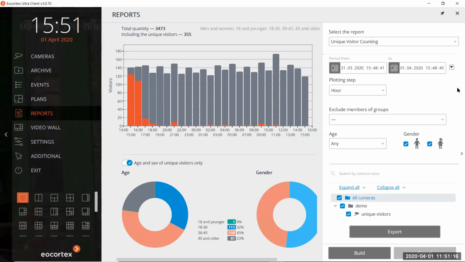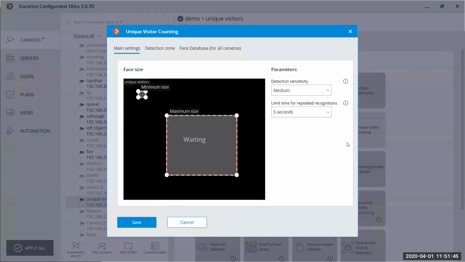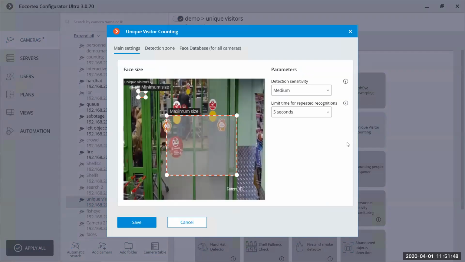So they can better understand the number of visitors of this site during the day and analyze how to perform some advertisement maybe, or some other events to invite more customers. As for the settings for this module, they are absolutely the same as for the facial recognition module, complete one.